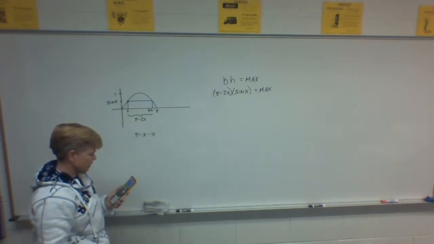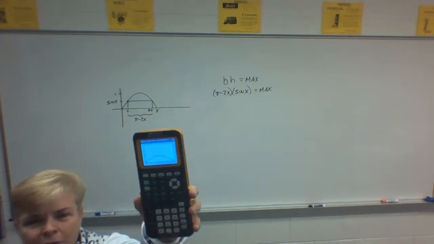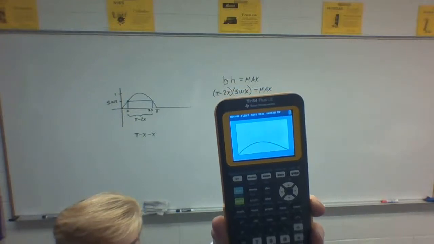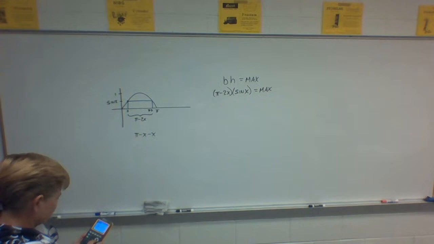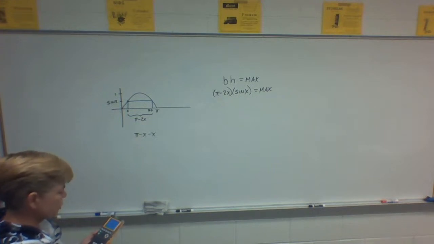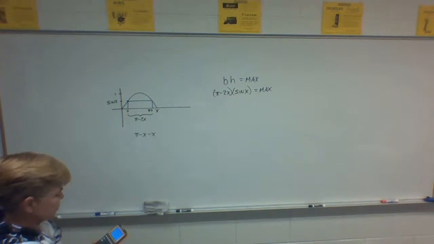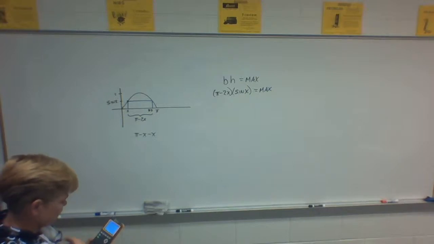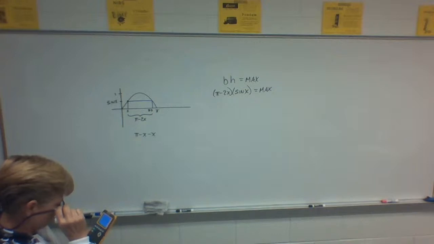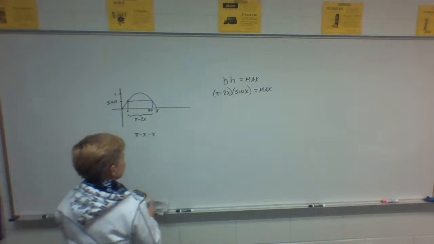And now I'm going to graph it and look at only that piece of it that pertains to this problem. And I get a graph that looks like this. If you look at it carefully, it is not symmetric, but it does have a maximum. So we calculate a maximum. Notice we're not doing any calculus. If we did, we would have to take the derivative, set it equal to 0, find the x values where it's 0 and plug it into the original. But with this, we get just the x value, we get 0.71. Okay, so when x is 0.71,